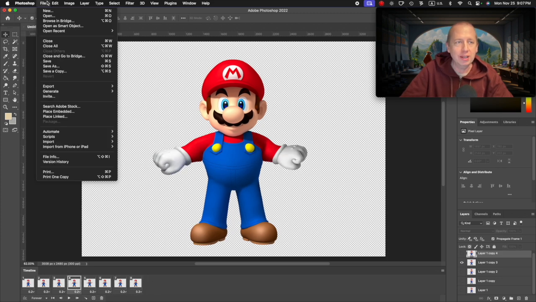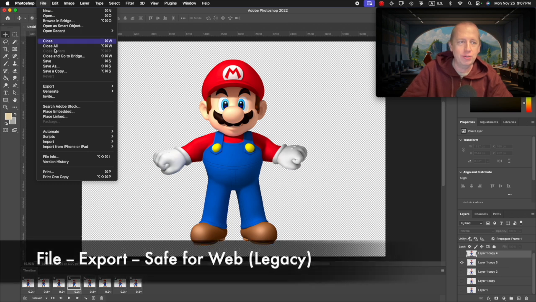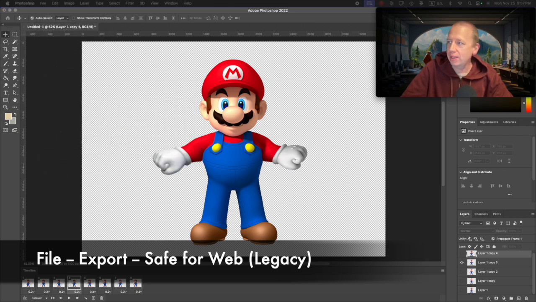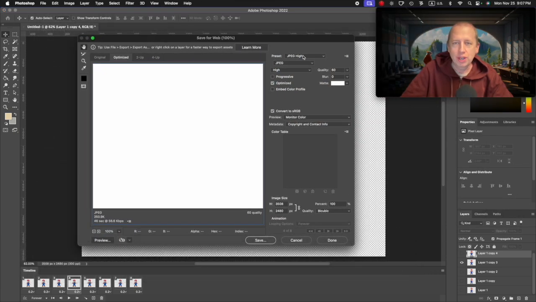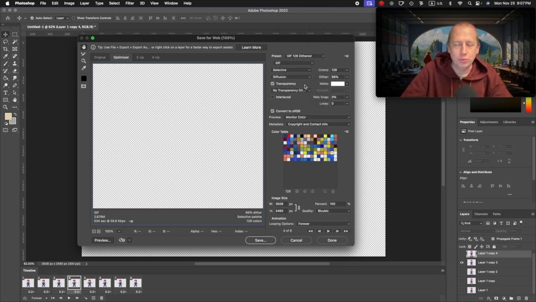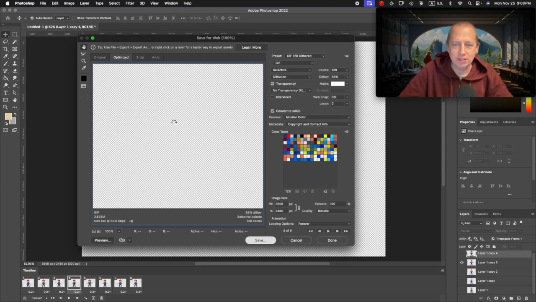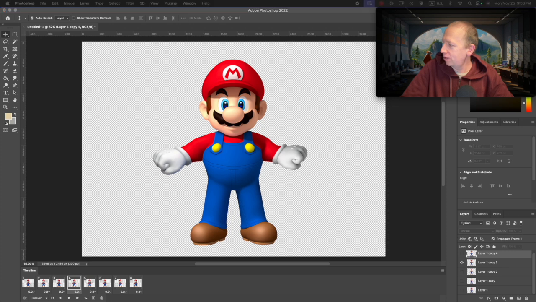Now to save this for a GIF, we want to go to the File menu. We choose Export, Save for Web Legacy, and then here we're going to get a bunch of options. We want to make sure that we are saving this as a GIF. I'm going to go ahead and select the top, 128 dithered, and I'm going to just press Save. Here we can go ahead and give it a name. I'm just going to call it Mario. And I'm going to press OK to save it to my desktop. And at that point, I can now open this file,